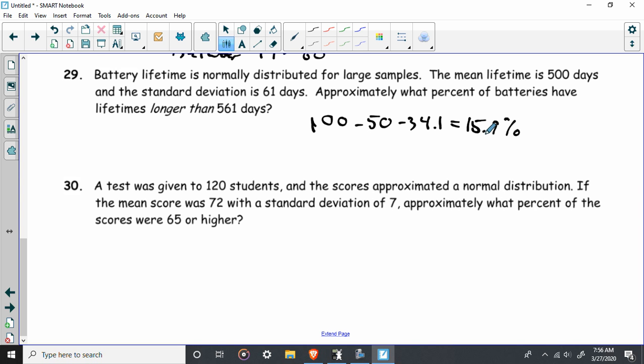Okay. So the test was given to 120 students, and the scores approximated a normal distribution. If the mean score was 72 with a standard deviation of 7, approximately what percent of the scores were 65 and higher? Well, we're going to take this a step further because they told us how many students. So not only are we going to get the percent, we're also going to tell you how many of those students, okay? So again, if the mean was 72 and they want 65 or higher,